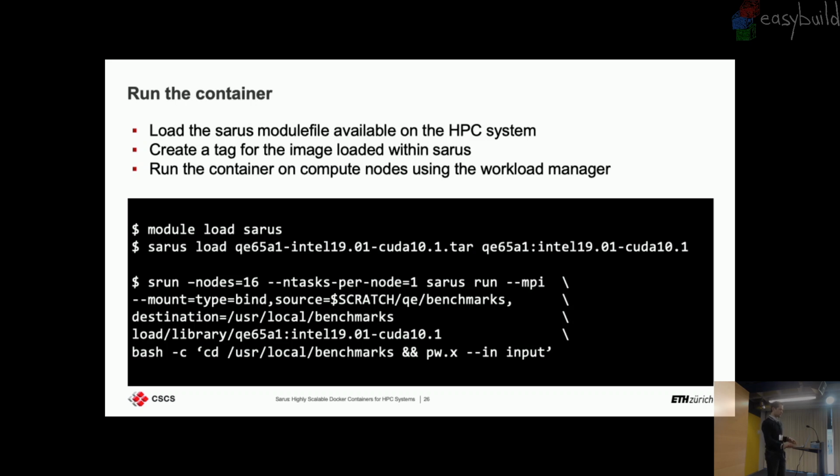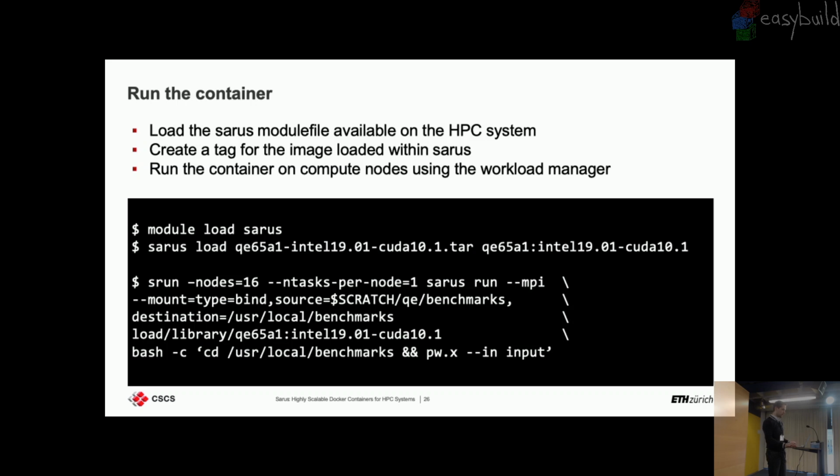And to run it, you just use in Slurm the srun command. So you choose the number of nodes and number of tasks as usual. And then there is the Sarus command invocation with flags like sarus run, --mpi, which activates the MPI hook, which will use the local MPI library on the HPC system. Then, as you see, I also use --mount. Since the container file system is writable, I can mount on the container file system all my input folder with the input files that I need for running my application. In particular, in this case, I